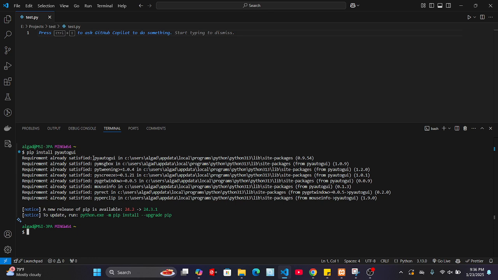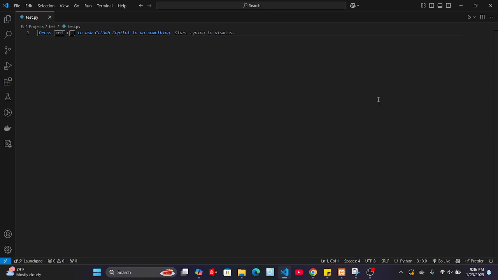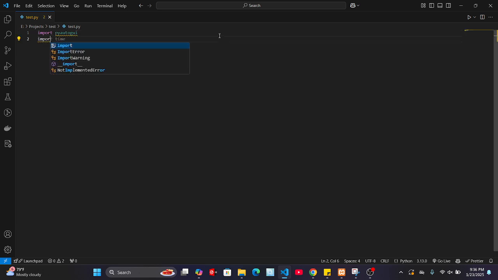the first thing we need to do is import it above the code. So we can say import pyautogui, and then we can also import time. Since we already have the imports, the next step is to define a function. We can say def,